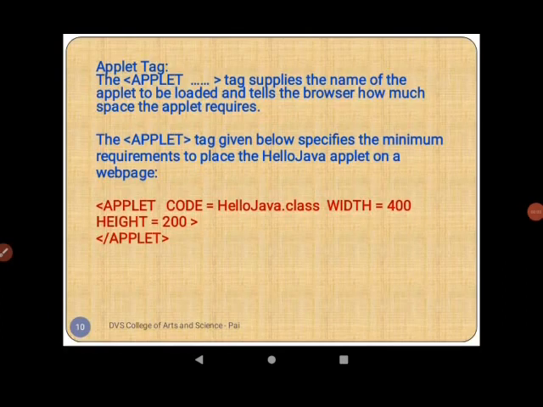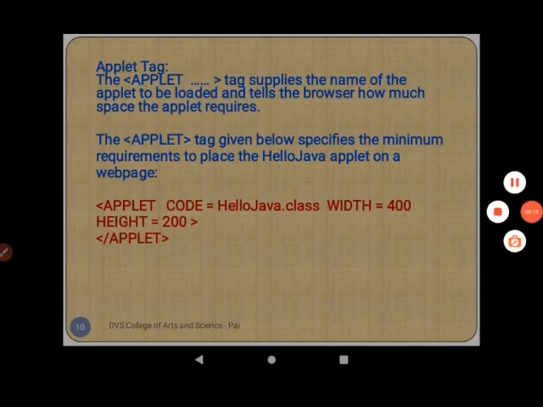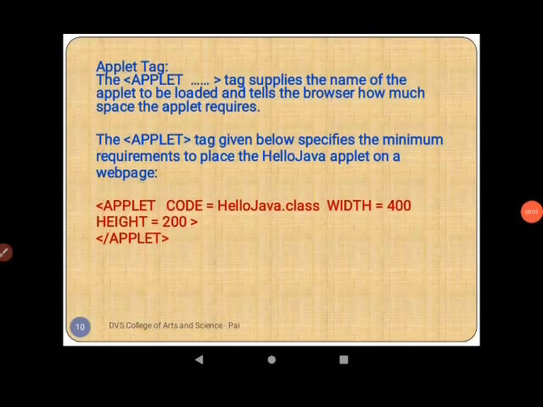Applet tag. Applet tag is an HTML tag that supplies the name of the applet to be loaded and tells the browser how much space the applet requires. The applet tag given below specifies the minimum requirements to place the Hello Java applet on a web page.